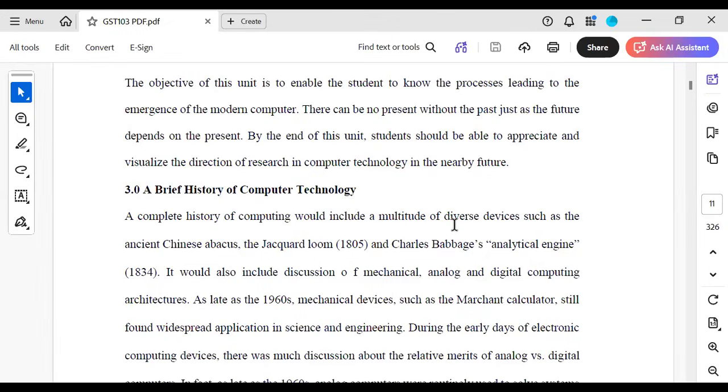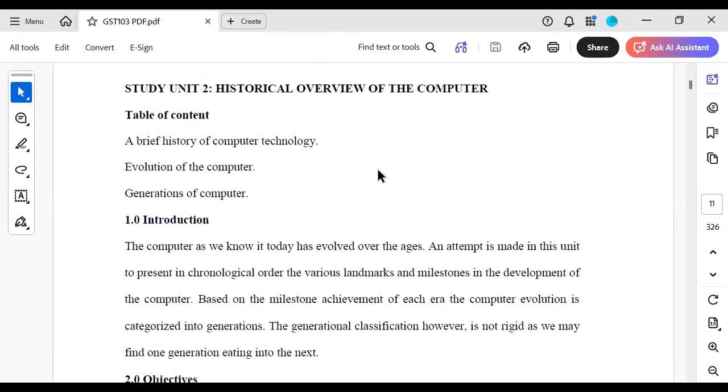What this course is all about is not to teach you computers in depth, just to teach you the fundamentals of computers. The part of the material I want to take today, or tonight, is the history of computers, a brief history of computers, or the historical overview of the computer. That's what we are interested in tonight, and I want you to pay attention. This is a major focus during the exam. A lot of questions come out from this part in your exam, so it's very good you know it.